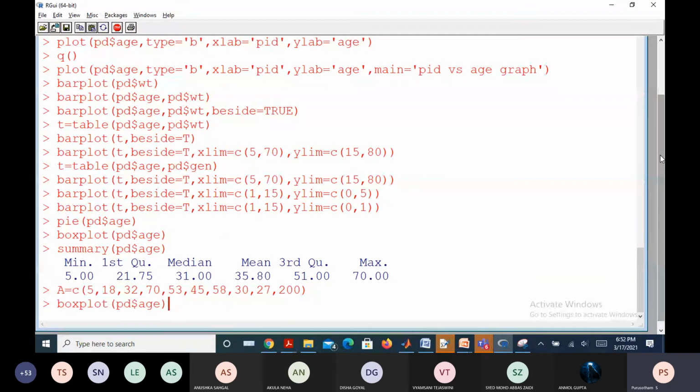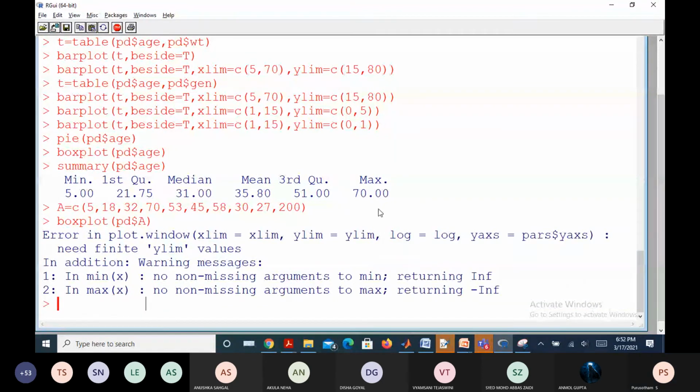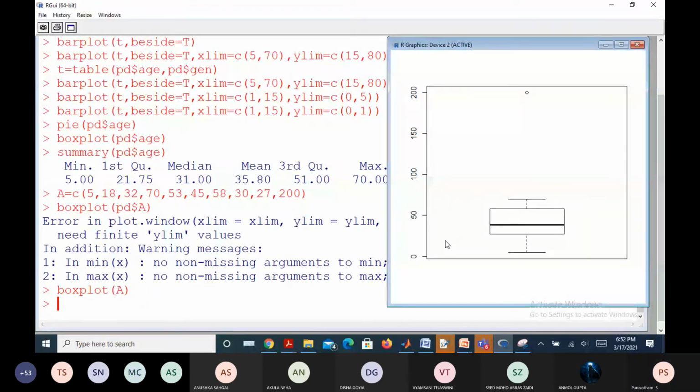Box plot of, instead of age, let us suppose a. Box plot of a. Do you have some point here?